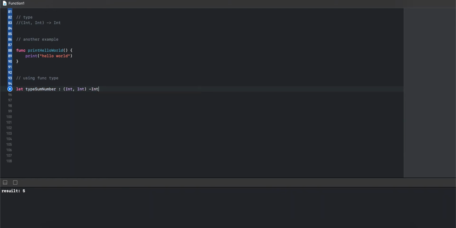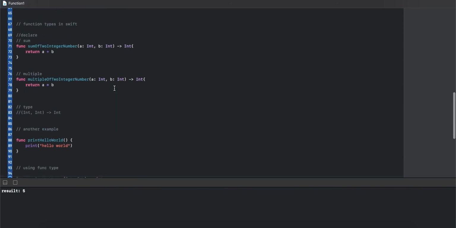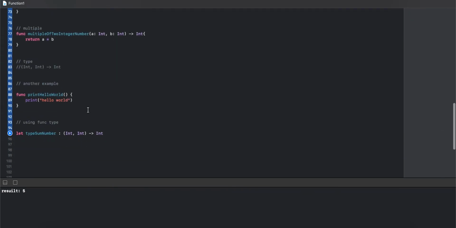Then we assign sum of two numbers, removing the initializer.